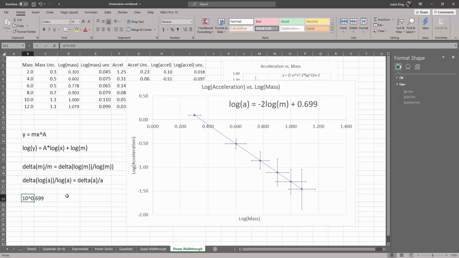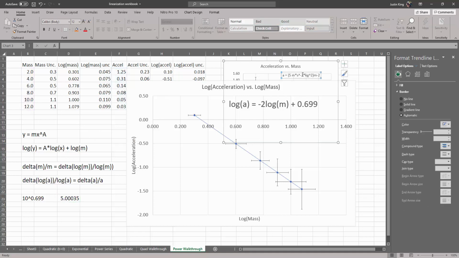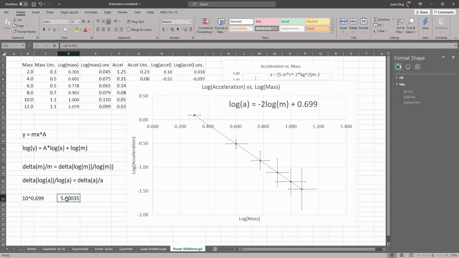So if we do that, equals, and we don't have to select a cell for this. We can literally just type numbers in, 10 raised to the 0.699 power, and we get 5.000 and then some numbers, right? And in our equation from over here, it was 5. So that parameter was 5, and we get 5 from the linearized graph when we do 10